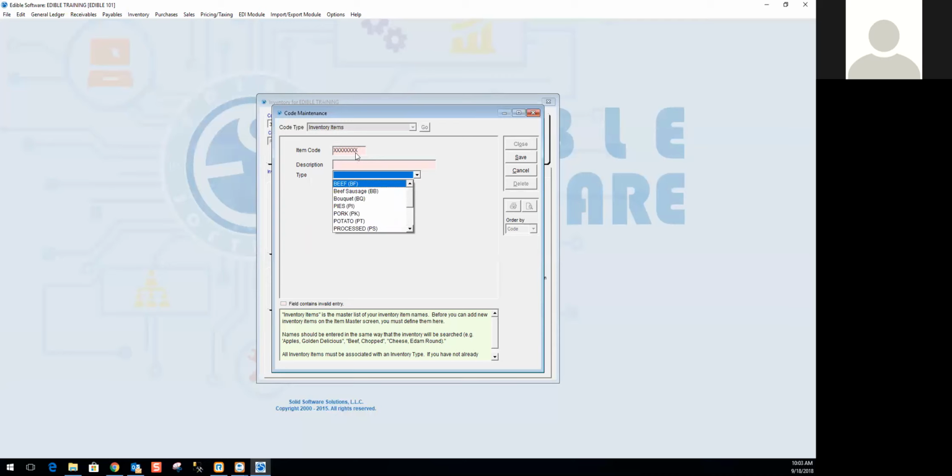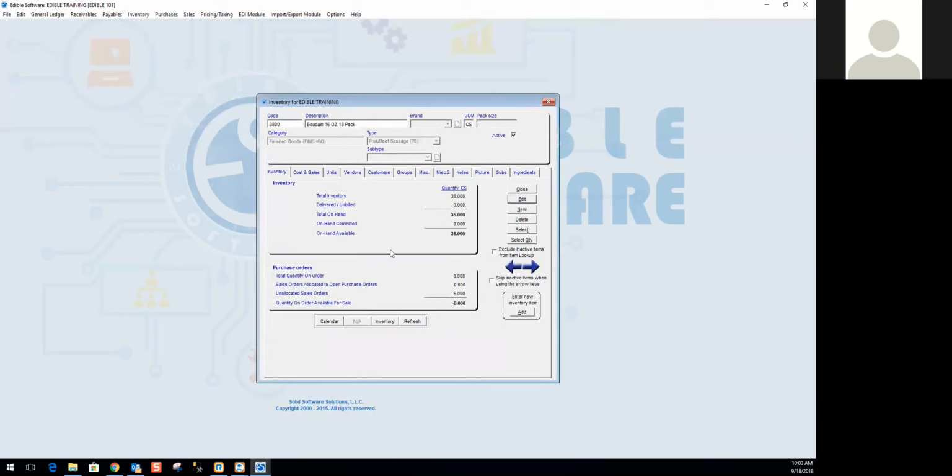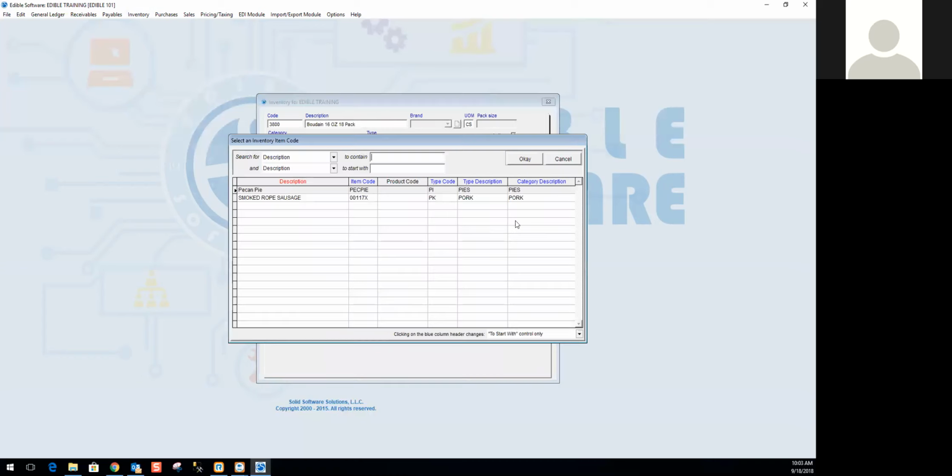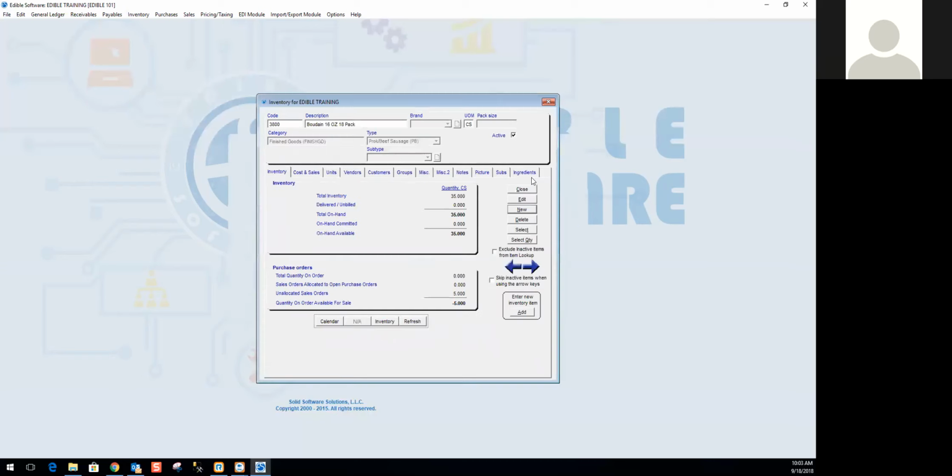So let's say pie. I'm going to go ahead and do one of my favorites, pecan pie, and we're going to link that under pies. Right. So after you have created your item under code maintenance, you would come then into inventory item master, click new on the right side, and here we can see all of our items that haven't been finalized in the system yet. So I would go ahead and select that item, click OK,